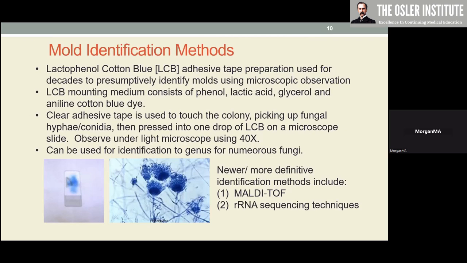Mold identification. For years, we used lactophenol cotton blue preps. You can see the picture down at the bottom. This is an adhesive tape preparation where you put a drop